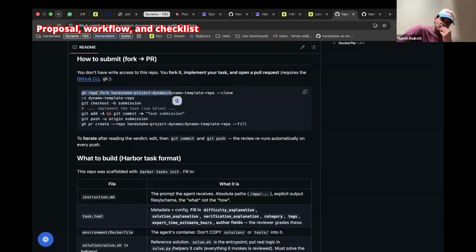Questions? Does everyone understand how to work on a task and how to make sure that it's good before opening a pull request? Has everyone here worked with GitHub? Might be a stupid question, but I want to make sure everyone is aligned. If you have any questions about GitHub and how to use this interface, I know some people aren't familiar